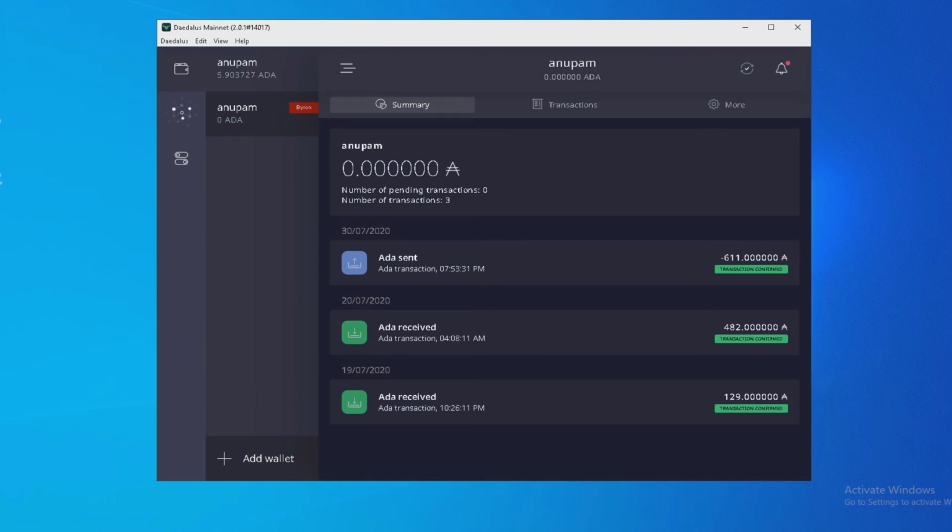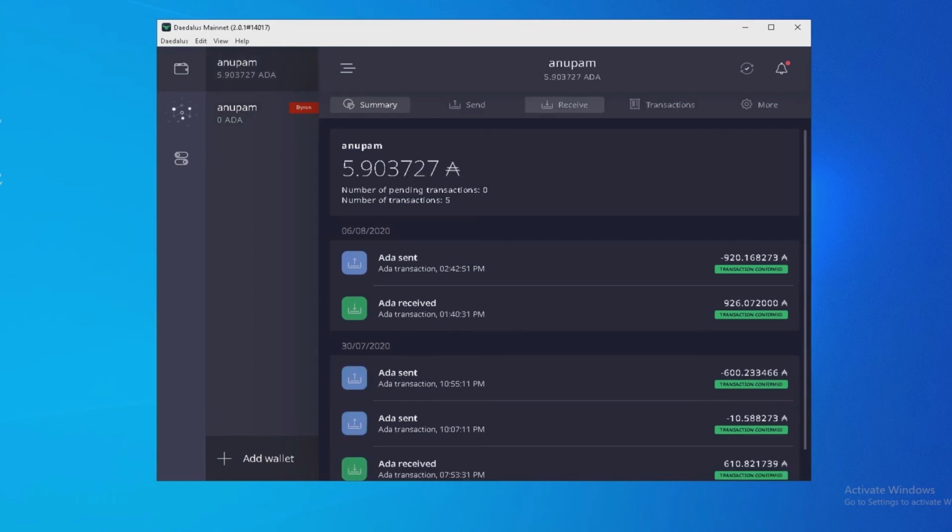With 15 words, the wallet you will get is a Byron wallet. Now when you are delegating, you have to shift your Byron wallet to a Shelley wallet. That means you have to create another wallet, and this Shelley wallet I have created, and transferred my fund from Byron wallet to Shelley wallet.